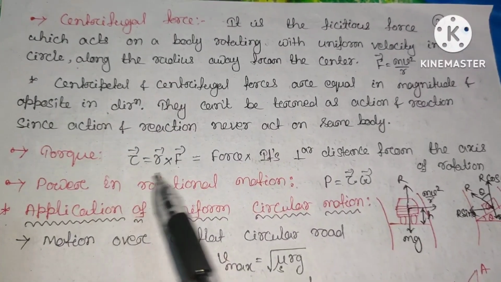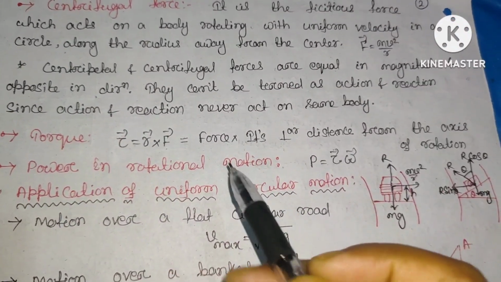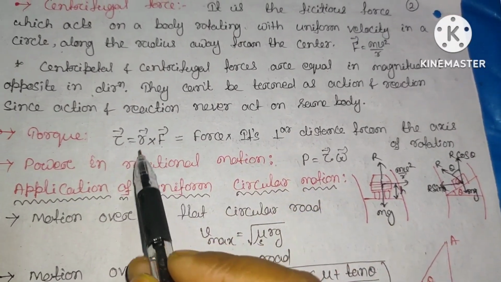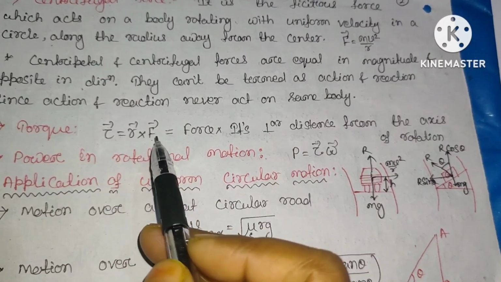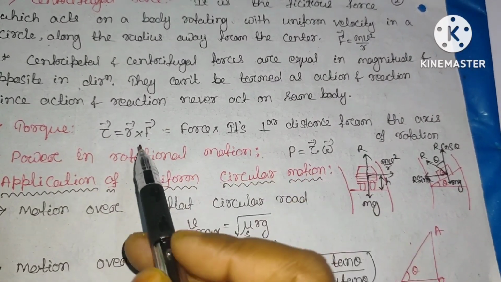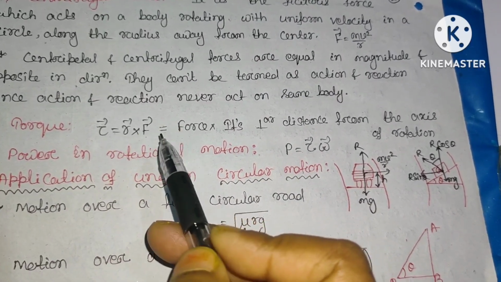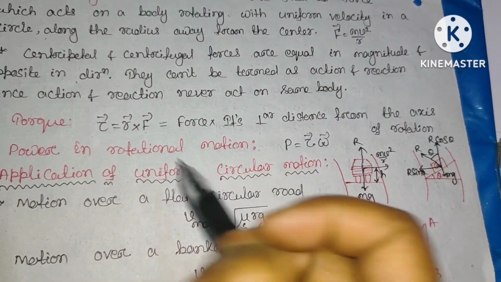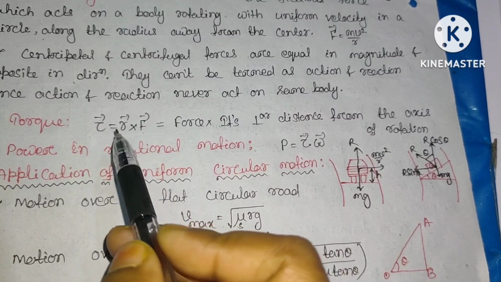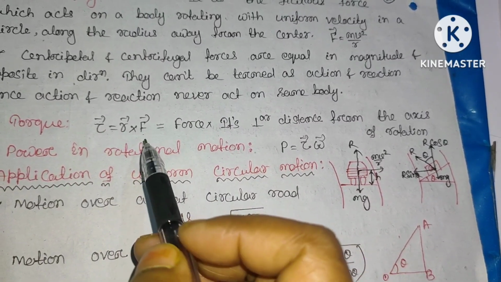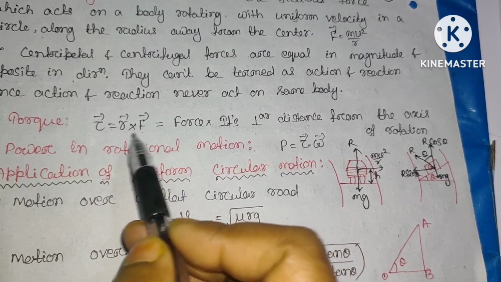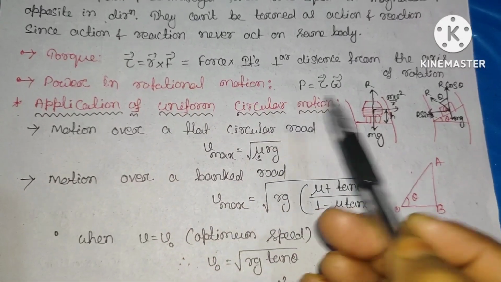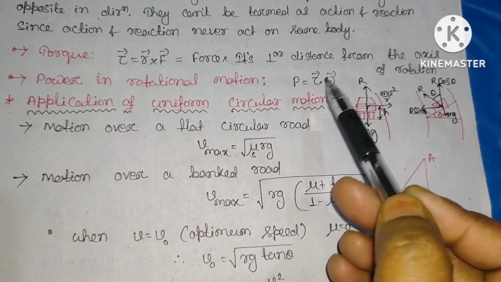So next comes the torque, that is tau equal to r cross F, and this is simply the force into its perpendicular distance from the axis of rotation. Here this is r cross F, so we can write it as rF sin theta. So we can say this is r sin theta into F. r sin theta means its perpendicular distance from the axis of rotation, into simply the magnitude of the force. But if we write it as r F sin theta, then this is simply r, and F sin theta represents the force component. So the power in rotational motion, P equal to tau dot omega. These are vector quantities.